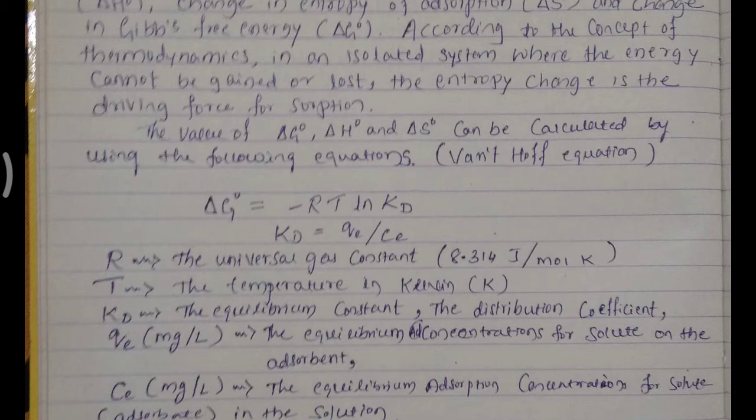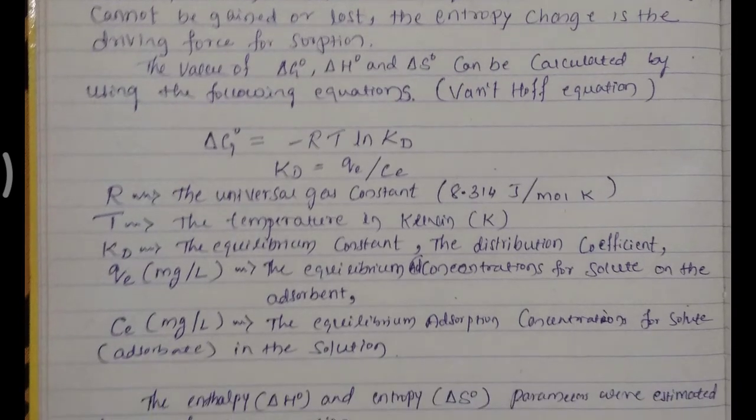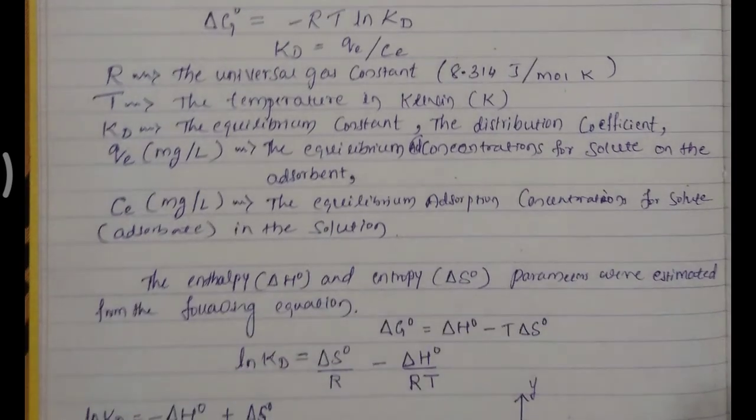Here R is the universal gas constant, whose value is 8.314 joule per mole Kelvin. Temperature T is the temperature in Kelvin. Kd is the equilibrium constant, also called the distribution coefficient. Qe, the unit will be milligram per liter, is the equilibrium concentration of solute on the adsorbent. C, unit milligram per liter, is the equilibrium adsorption concentration for solute, also called adsorbate, in the